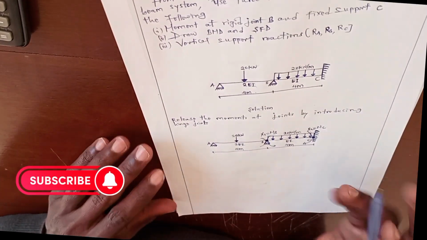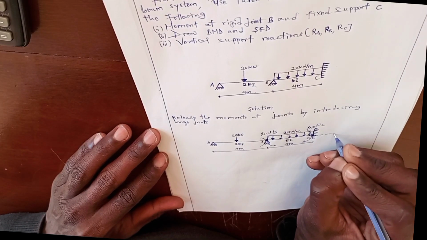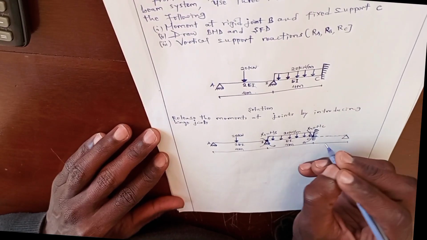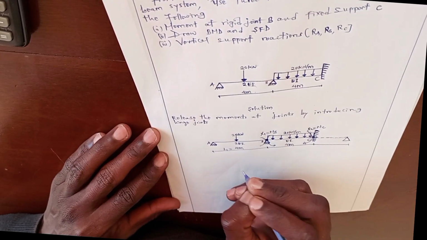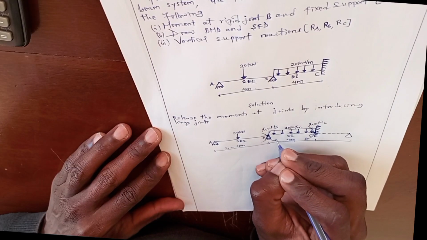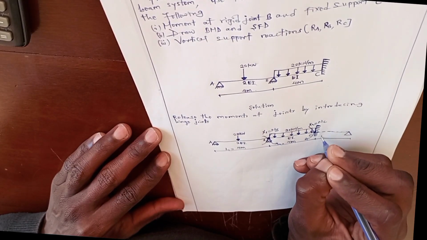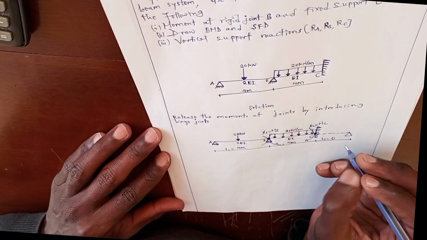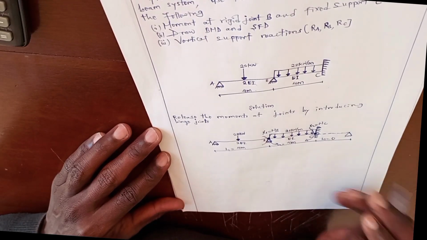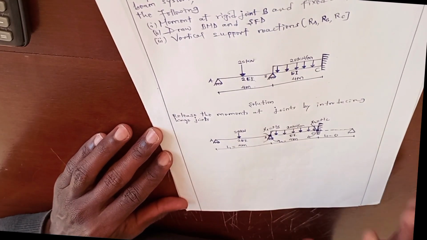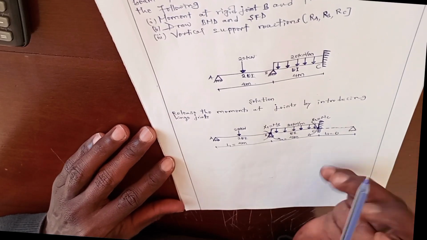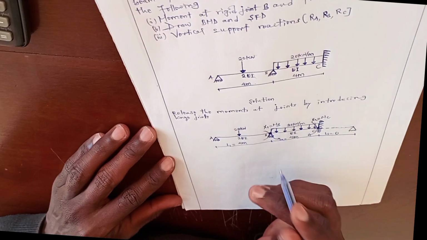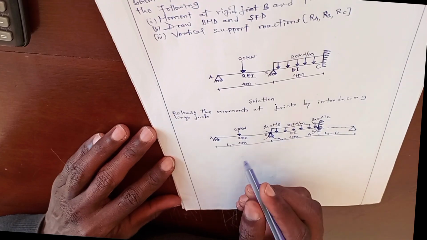Since the beam system is fixed, we introduce an imaginary span with zero distance. Let's say this is span 1, which is equal to L1, span 2, which is equal to L2, and span 3, L3, which is equal to 0 meter. Zero distance with zero moment. This is an imaginary span with zero moment. After introducing this imaginary span, and we have introduced hinge joints at joints B and C, now the next step